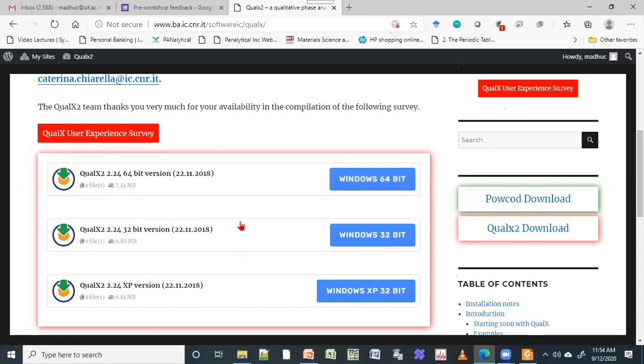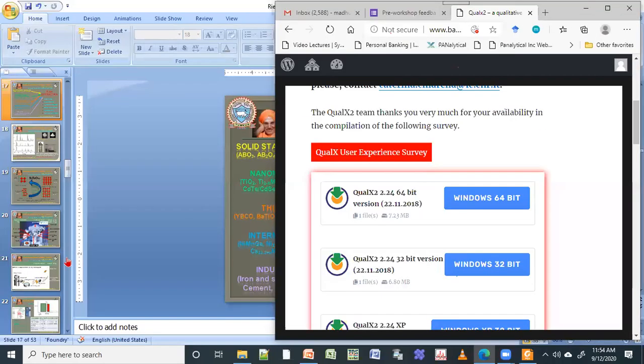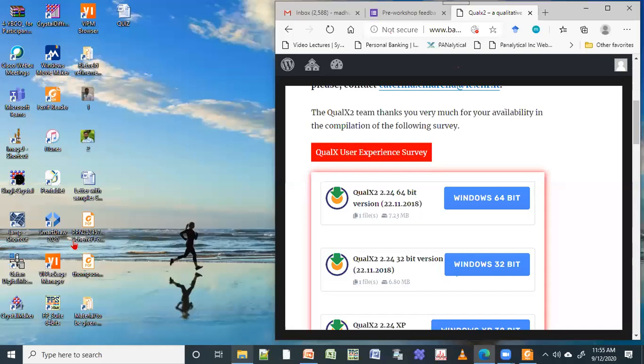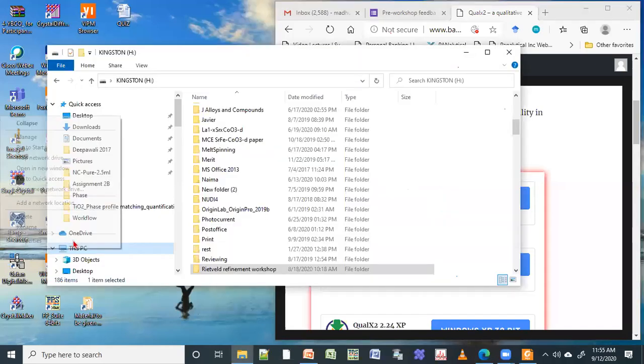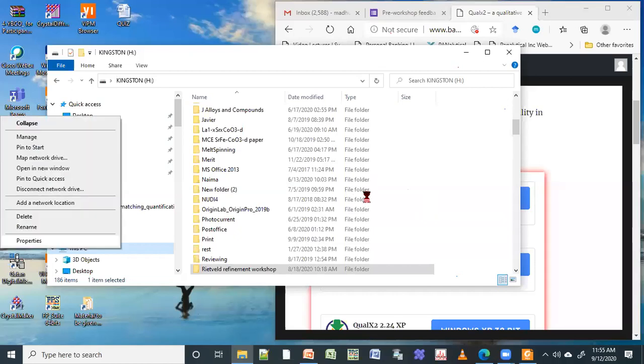So if you are having old computers which are running on XP, you can use this XP32. So if you are using a 32-bit operating system, then you download this. If you are using 64-bit operating system, you can download this. Okay. So for those who don't know how to find this, what you do is you just go to your computer, my computer. Okay. So if you click on this my computer, right click, and then you go for this properties. Okay. Then it will display an image and it will show the operating system.